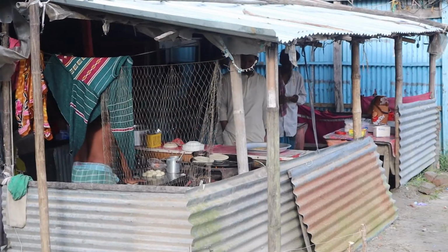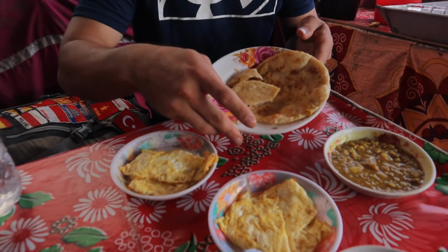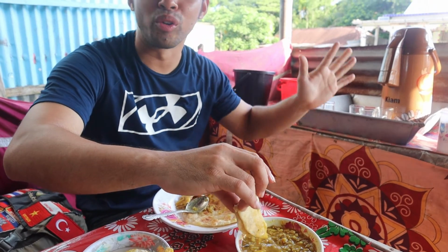Okay, so we found a place here. We're having our breakfast. It's very close to the river that we'll be doing our boat ride in a while. So we're having some local roti canai here in Bangladesh. And the breakfast comes with omelette, paratha and dal. Right now, because we don't have a local with us, we are unsure whether this is a typical breakfast. But at the end of the day, this is the part of adventure where you experience being with the locals,